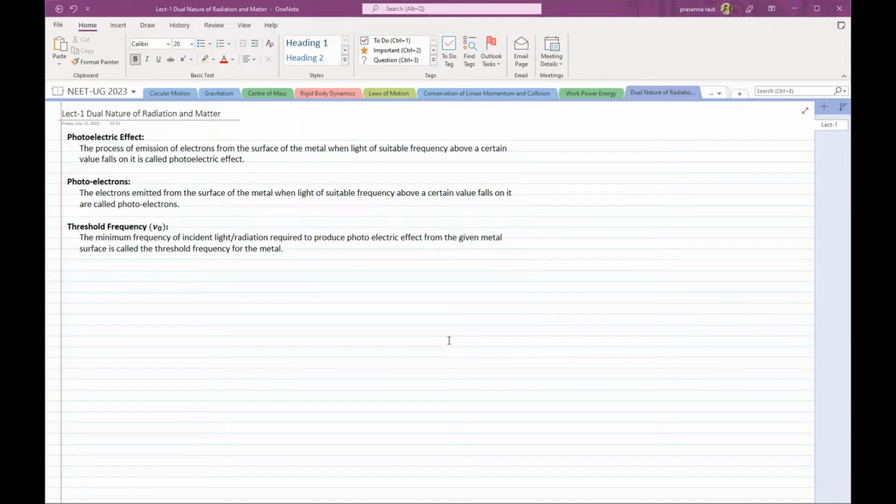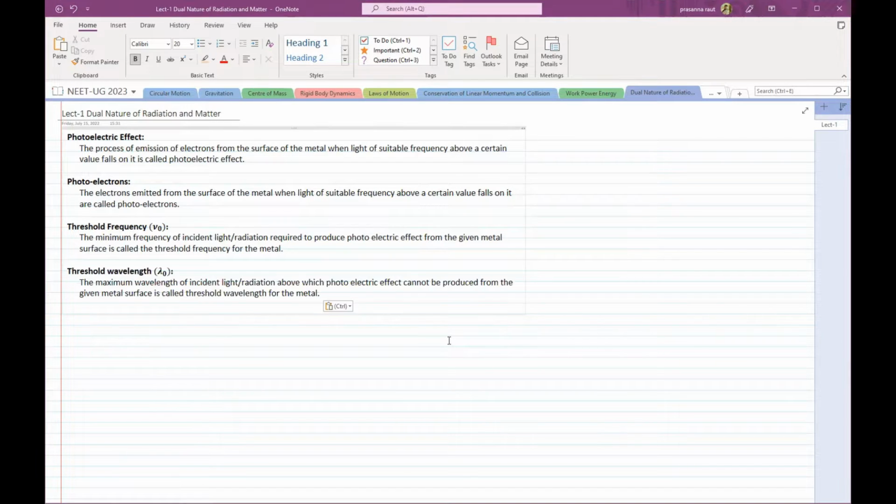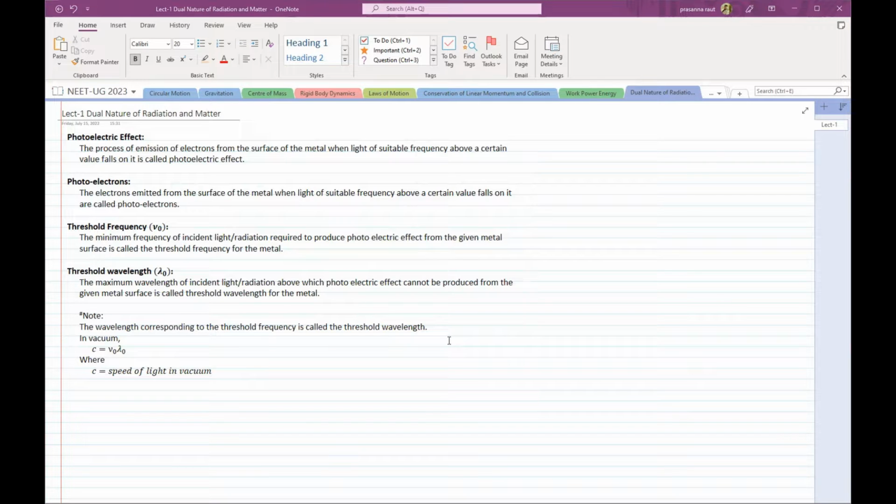Similarly, we also have the threshold wavelength. The maximum wavelength of incident light or radiation above which photoelectric emission cannot be produced from the given metal surface is called the threshold wavelength for the metal. The wavelength corresponding to the threshold frequency is the threshold wavelength. In vacuum, c equals nu naught times lambda naught, where c is the speed of light in vacuum. We are talking about light here. Once we know these definitions,